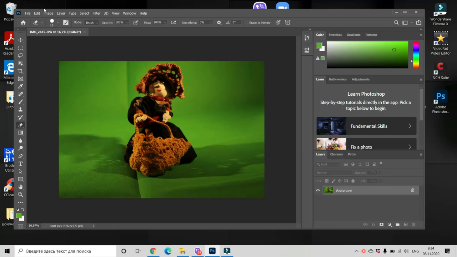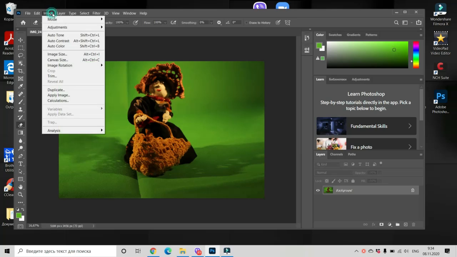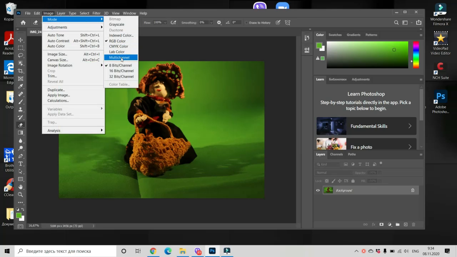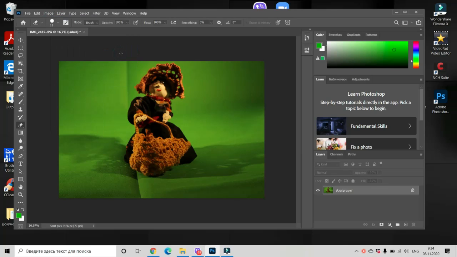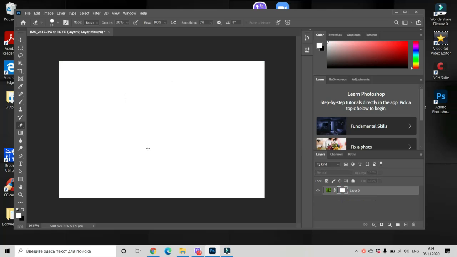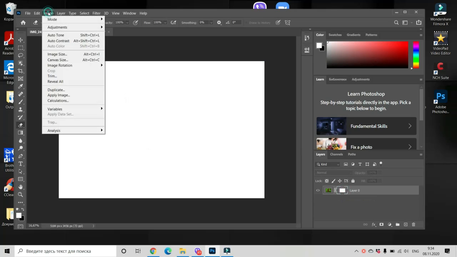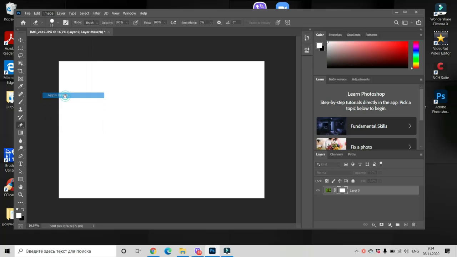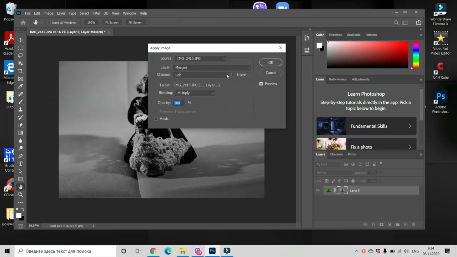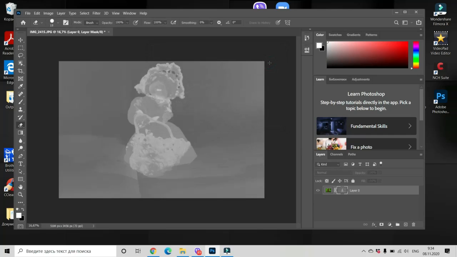This is our image. Let's click on Image, choose Mode, Lab Color, and now we have to add a mask. Edit, and holding Alt, left click on your mouse. Now the screen is blue, and you go to Image again, you choose Apply Image, and instead of Lab on Channels you have to choose A. Okay,